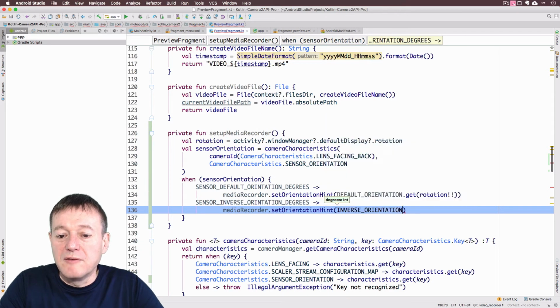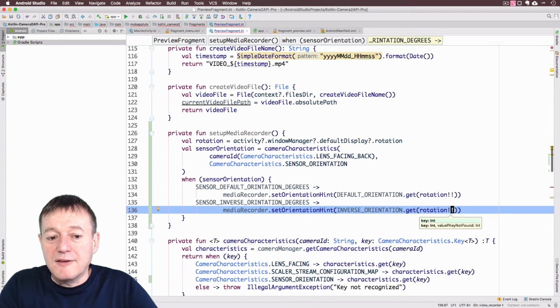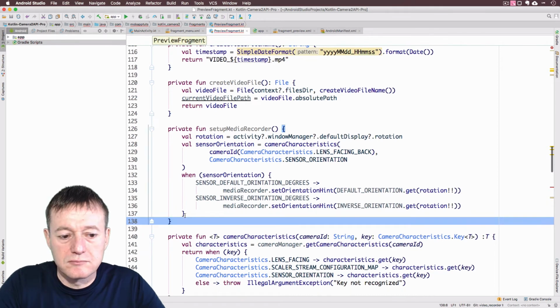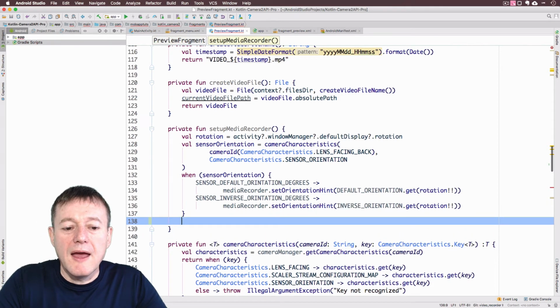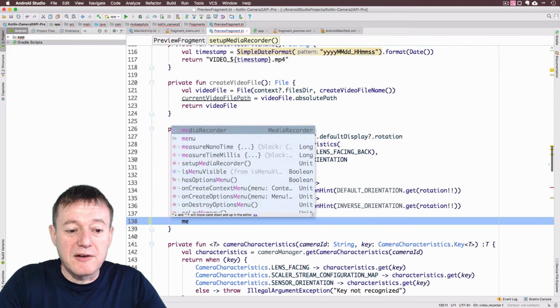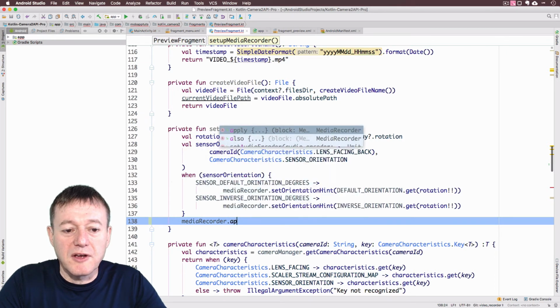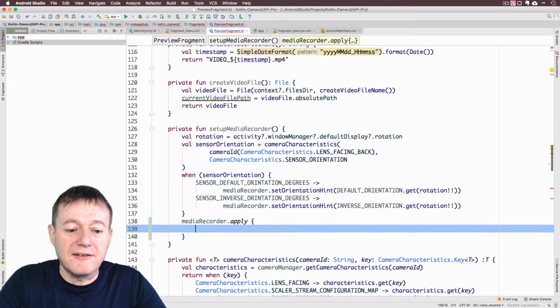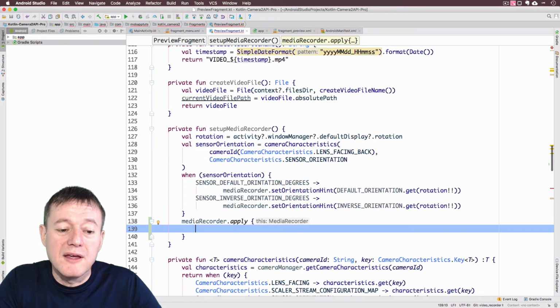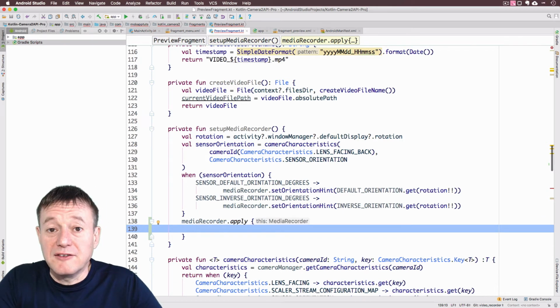This will be inverse orientation, get, and again on the rotation, and make sure you do this save call there. Okay, so we've now set the orientations to our media recorder. And now we're going to set a bunch of settings to our media recorder. And what I'm going to do is use the apply again. So that's just going to allow us to call the object functions and then apply them back to the media